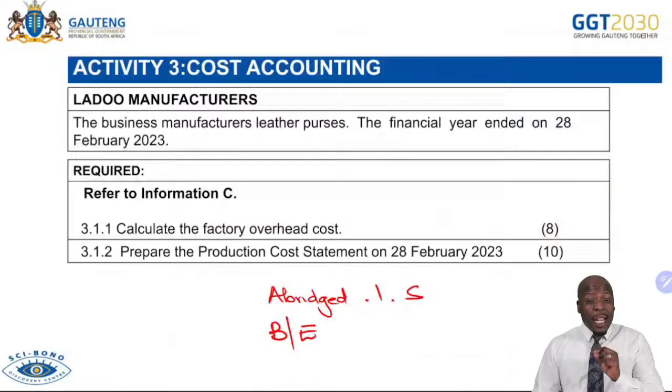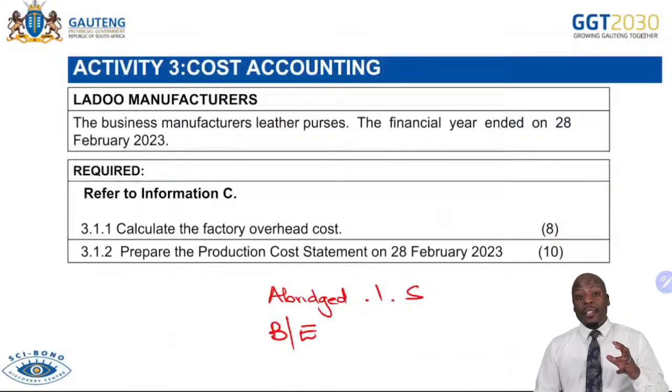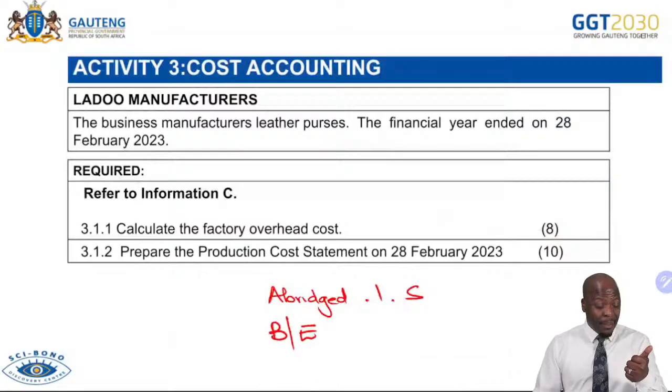Internal control for cost accounting is of great importance. You would see that in the past exam papers, examiners would bring questions on the control of labor, direct labor, the control of raw materials, whether raw materials were stolen or they were wasted. This is of great importance. As you are preparing for the paper, please look into these aspects as well.